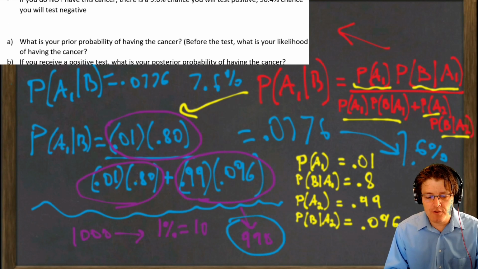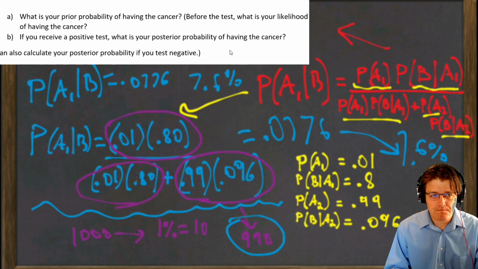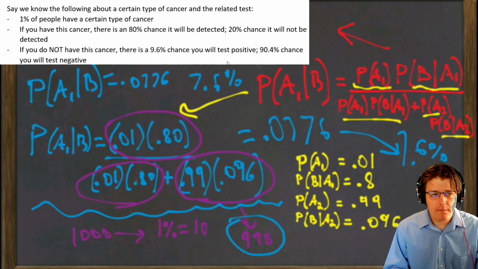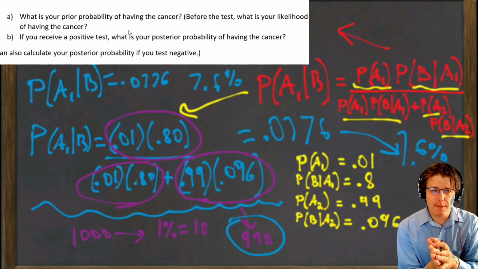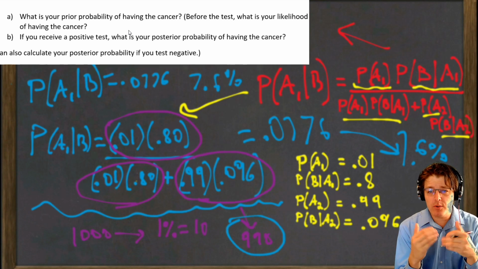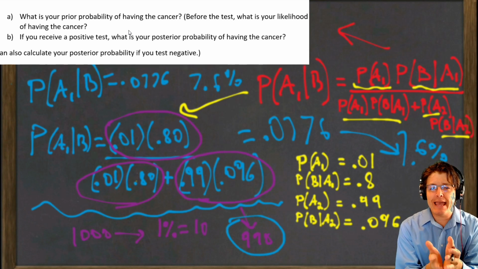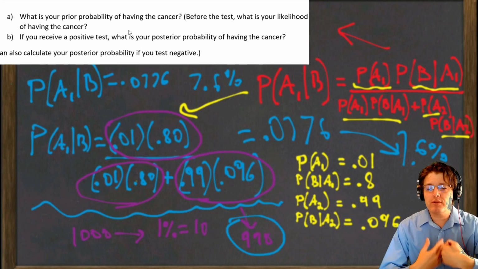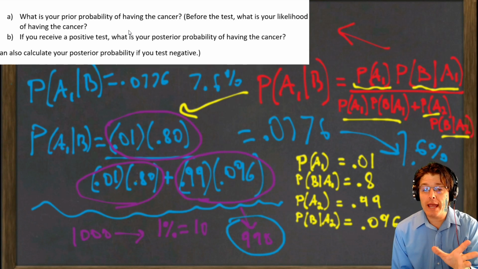So just in the last few minutes here, I want to turn. I have a couple other questions on this, which feel free to peruse through. In fact, we didn't get to this, but we could also calculate the probability of, let's say you test negative, how sure are you that you're negative, right? We can rerun this Bayes theorem, altering. So I have A1 written here, right? But you could rework it using A2, right? Or A1